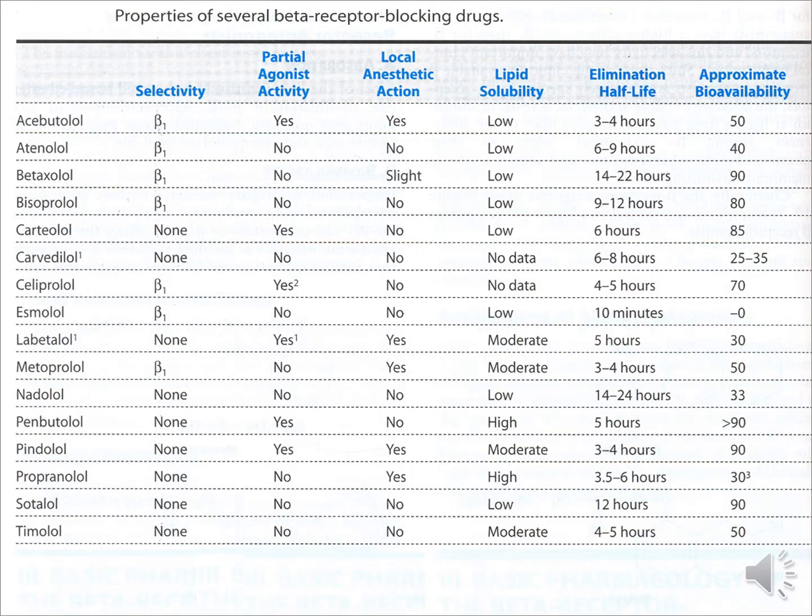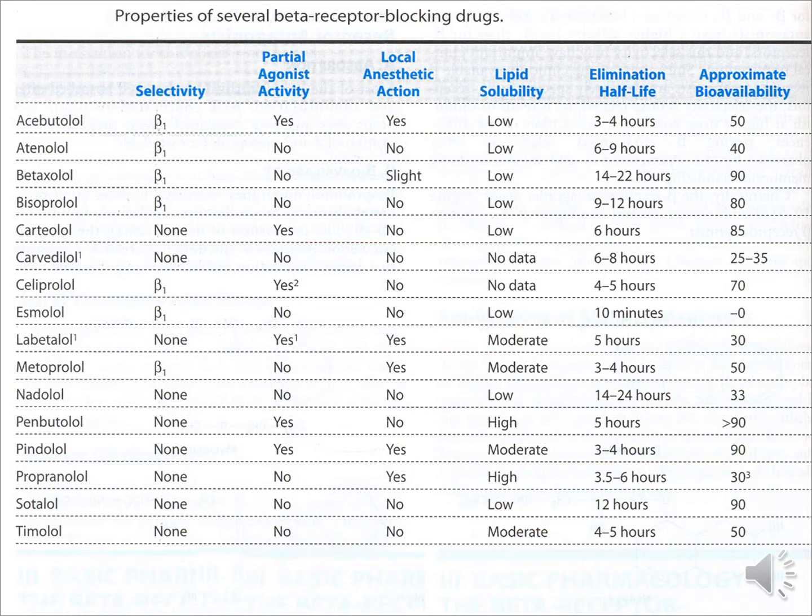The important properties of these important beta receptor blocking drugs, we can see that because propranolol is a prototype drug, we'll discuss propranolol. We can see that according to selectivity, as we have already discussed the classification, acebutolol, atenolol, betaxolol, bisoprolol, all they are cardioselective because they block selectively beta 1. Likewise, celiprolol, esmolol, and metoprolol, they are blocking the beta 1 receptors, so they are cardioselective. That means they don't block the beta 2 receptors,